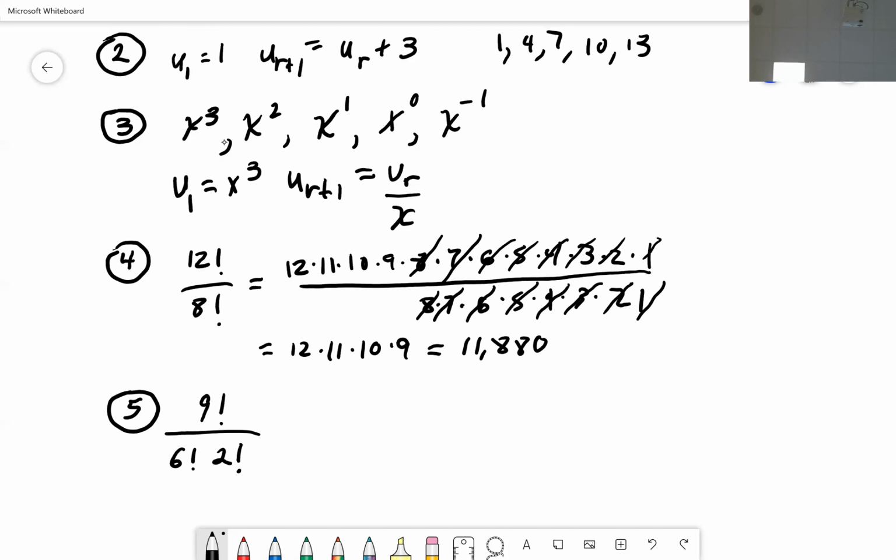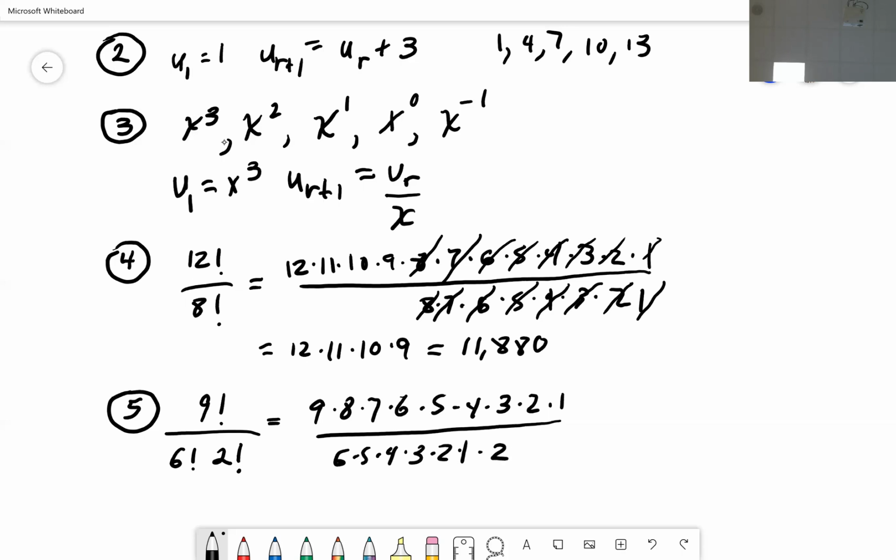All right, how about this next one? It'd be 9 times 8 times 7 times 6 times 5 times 4 times 3 times 2 times 1 divided by 6 times 5 times 4 times 3 times 2 times 1 times 2 times 1. So 9 times 8 times 7 times 6 divided by 2 times 1. Well, that's just going to be